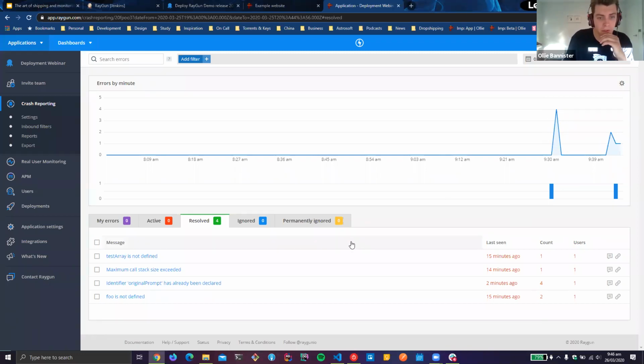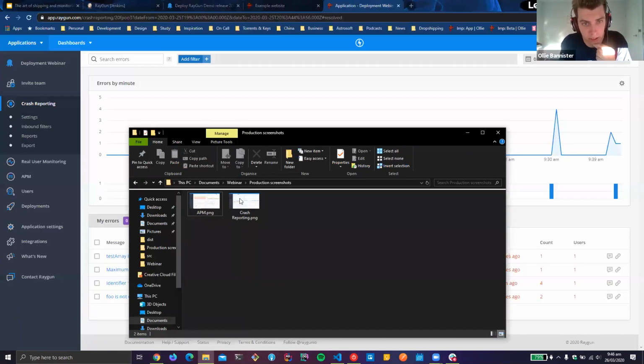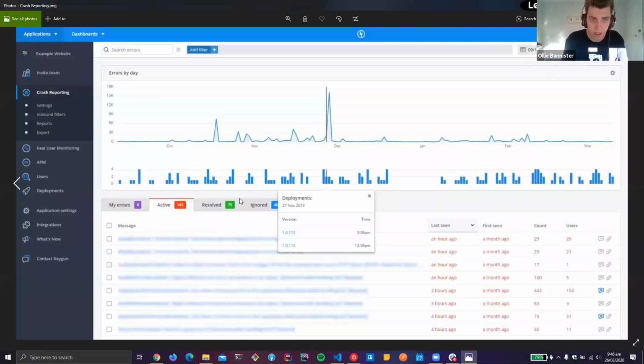One thing I'd love to show is the power that this has in a production environment. Here I've got a great example of what crash reporting can look like when you have a large volume of data. Here over time, we can see there's been a range of deployments for this test application. We can see actual upticks over time and trends that we're seeing caused from updates we're doing. And obviously you can also still drill back into the specific deployment and view what's happened and